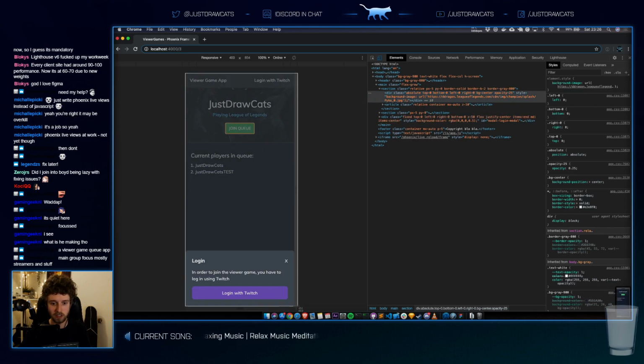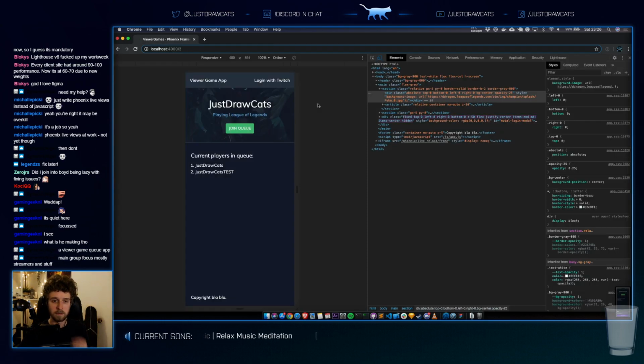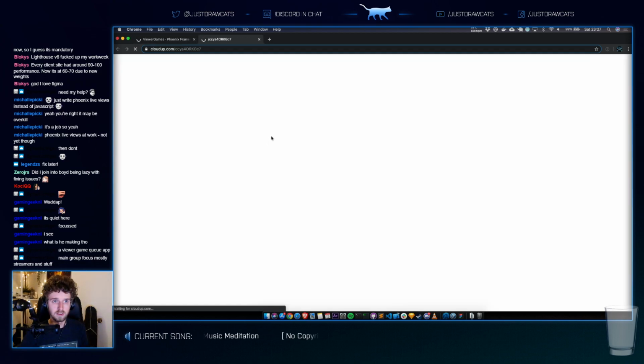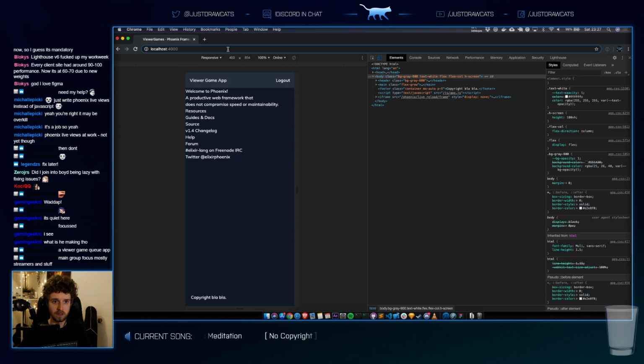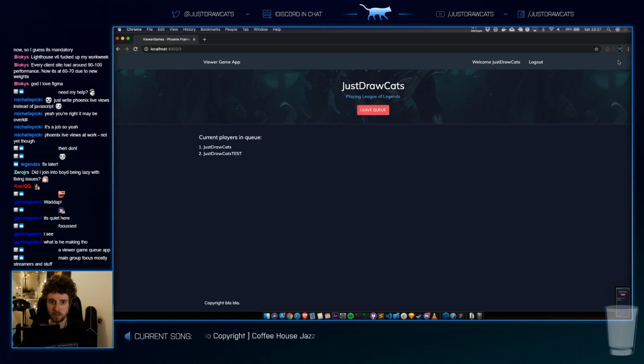The focus really needs to shift towards the modal. We can easily add that too. And then when you're logged in, damn it, it keeps redirecting. And it looks like this. And it looks like this. Cool.